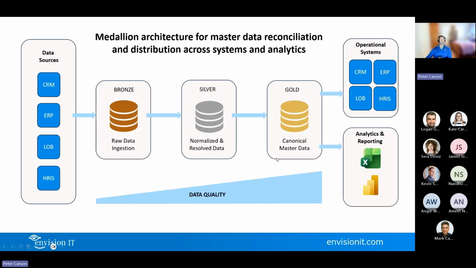And we're using what's called a medallion architecture. This is something coined by Databricks, not a Microsoft vendor, a different vendor. But as I mentioned, it's something that Microsoft has definitely adopted as a suggested architecture for Fabric systems. And the idea here is these bronze, silver, and gold layers. So if we start on the left here, we've got all our different data sources. I didn't put all the icons in here. I wanted to keep it generic.